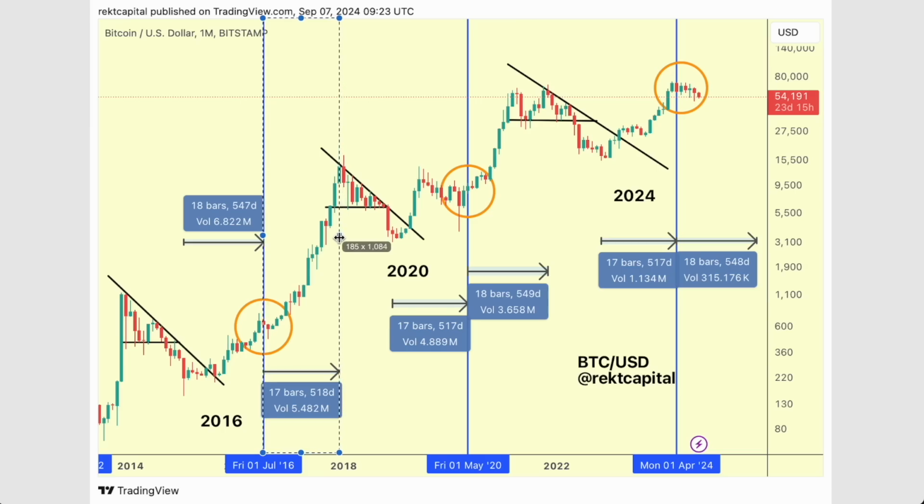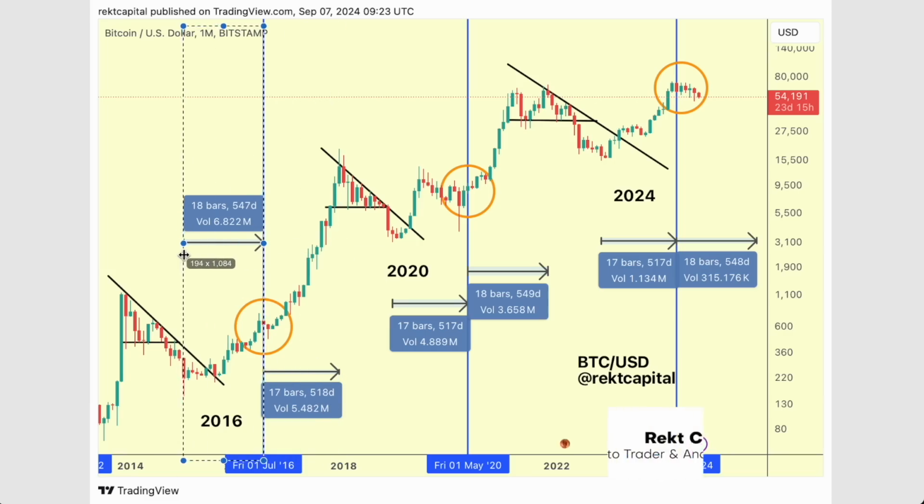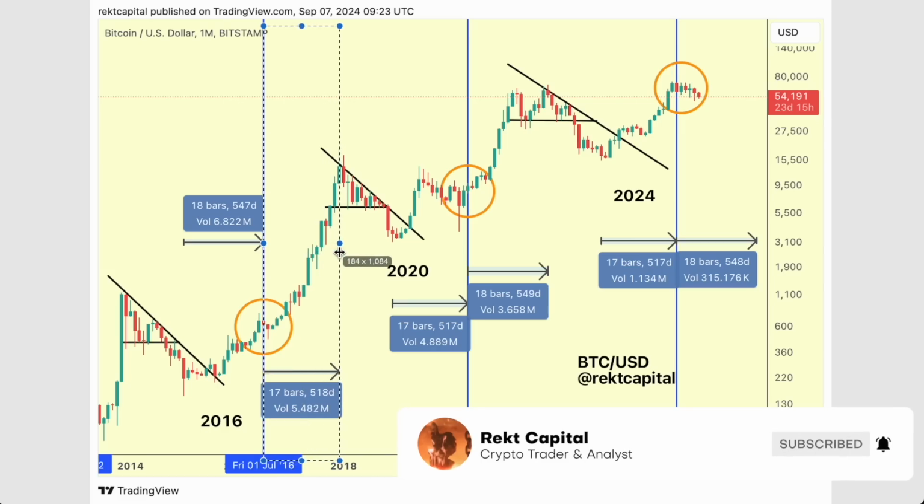So 518 days after the halving, but essentially almost an equal amount of time in the pre-halving period when we bear market bottomed to the post-halving period where we bull market topped. It's roughly the same amount of time. The halving acts as a mirror in that respect, where we have a similar amount of days pre-halving and post-halving when it comes to bear market bottoms and bull market peaks.